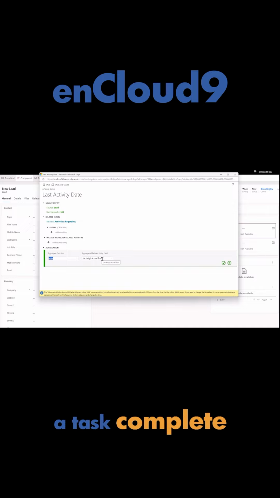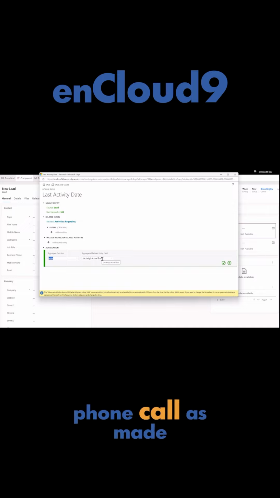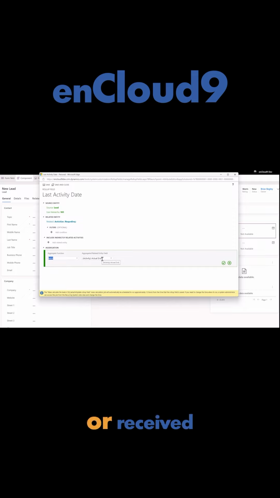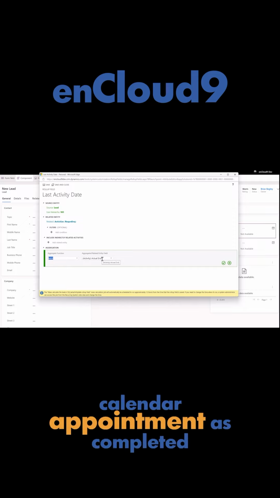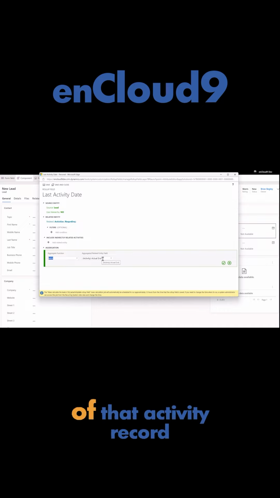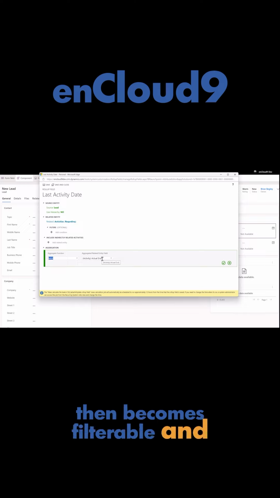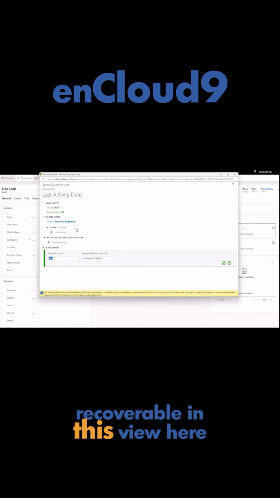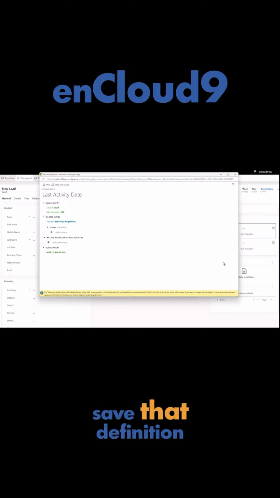So when you mark a task complete, when you mark a phone call as made or received, when you mark a calendar appointment as completed, the actual end date of that activity record gets filled in and then becomes filterable and recoverable in this view here. So I'm going to save that definition. And I'm going to close this up. And now I'm going to